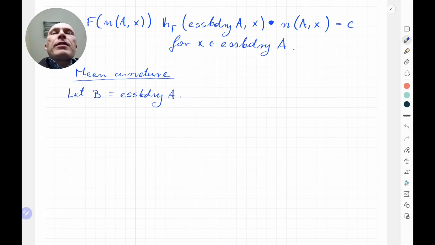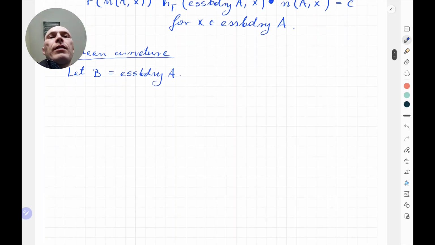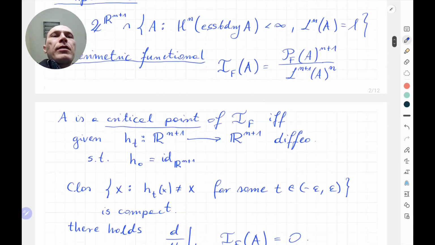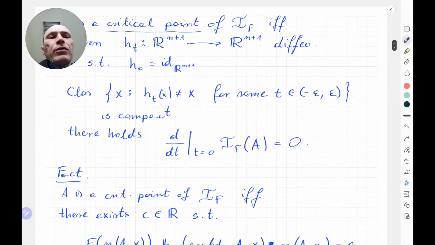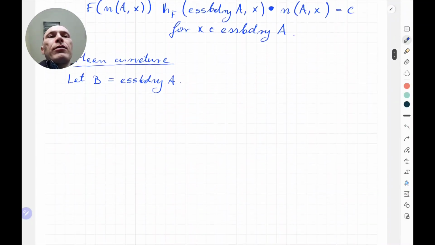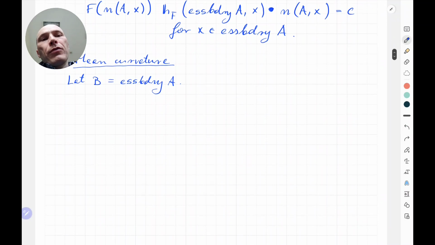We let B be the essential boundary, and then once you differentiate this expression, of course, here you push forward with some diffeomorphism, so the normal vector actually changes. You have to see how it changes, but I will not do the computation here. I will only give you what comes out of it. So if you differentiate under the integral, what comes out is the following. You integrate the trace